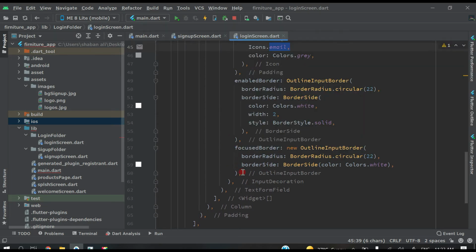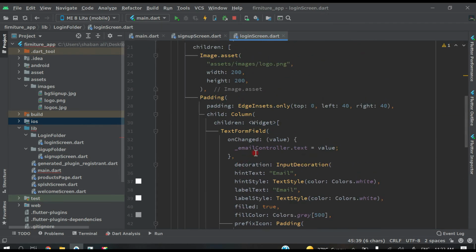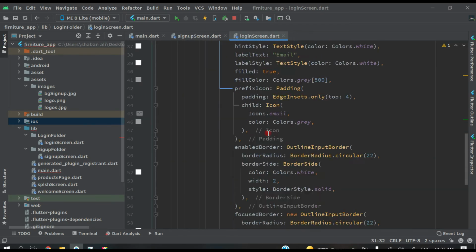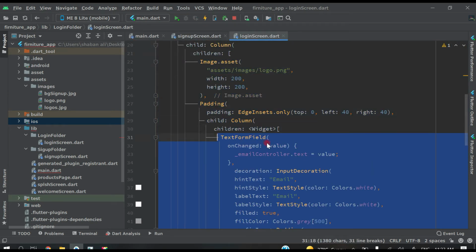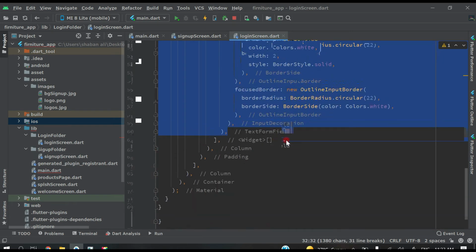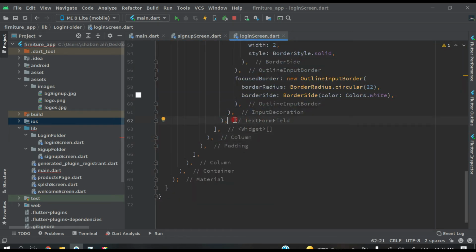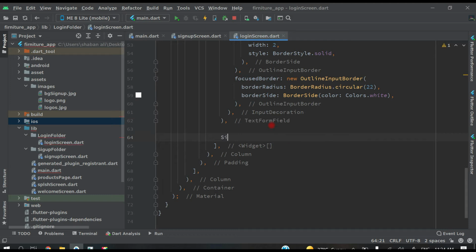Now we need the same one more text form field, so what we will do, we just copy this from here till here. Let's copy this, copy and come back, and after this closing text form field, this one, right here size box, and height will be 10.